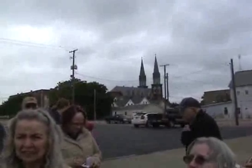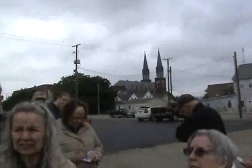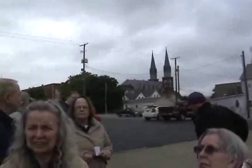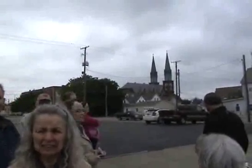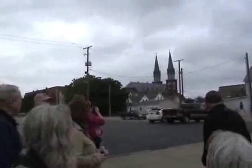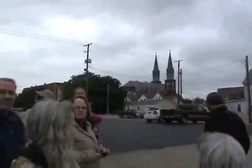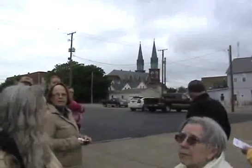The exterior walls stood, and they rebuilt the church in 1902 in almost the same style as the original, using the exterior walls. The towers are a bit shorter, as I remember, and the original building did not have the three side gables. But other than that, it's really similar to the original 1880s building. But again, wonderful, exuberant brickwork, and I know that building is on the National Register of Historic